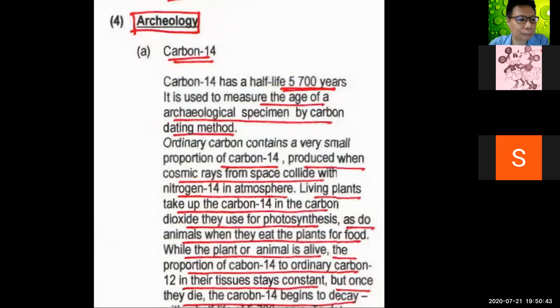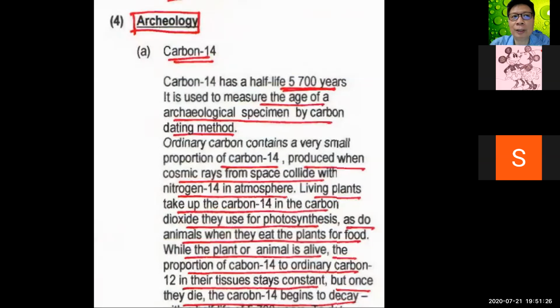What happens when we are still alive? Every day you eat food, so this carbon 14 stays constant inside our body. Once carbon 14 goes inside your body, it starts to decay and release a little bit of radiation, not so strong. But the next day you eat again, so it goes back up. So it keeps the carbon 14 level in our body constant when we are still alive. The carbon 14 in our body is constant.